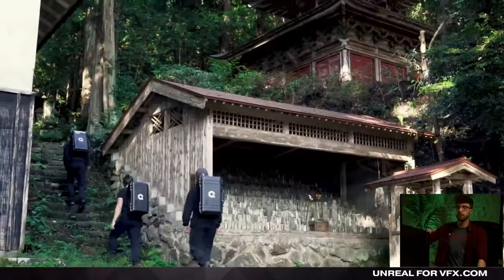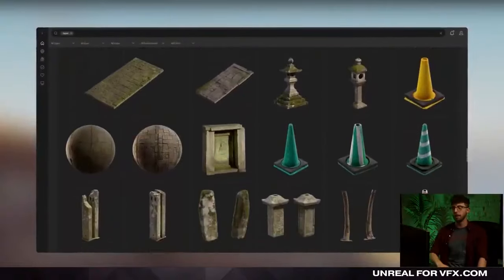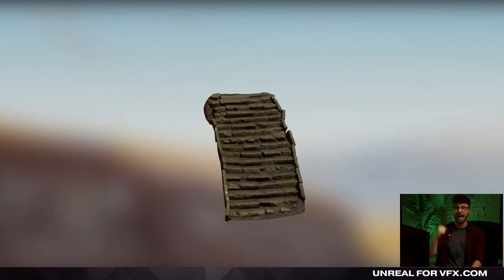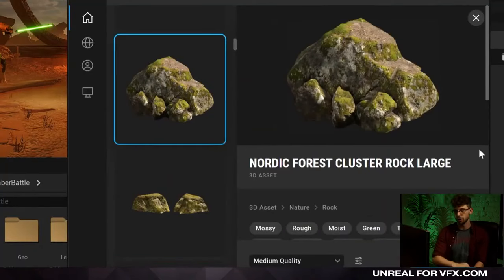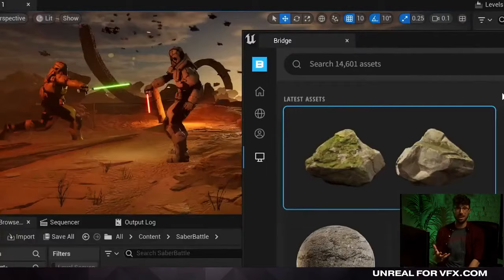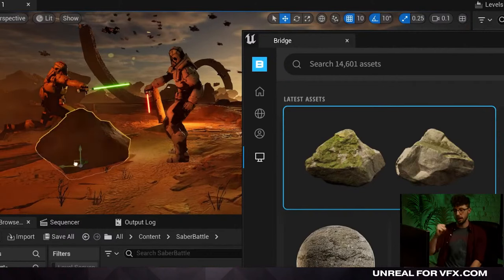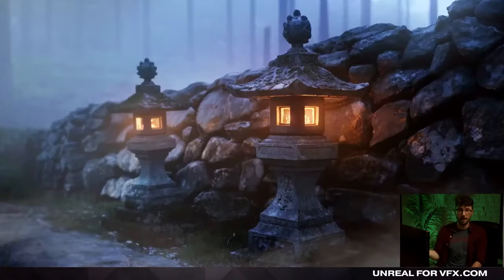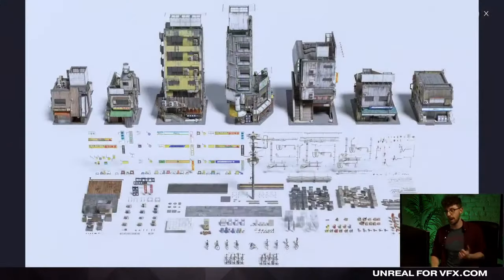So those of you that have used Unreal, I'm sure you know about this, but for those beginners out there, there's over 40,000 free assets that you can click and drag into your scene directly that are photo scans from reality. And the Quixel team goes out into the world and collects these scans, and we can drag and drop them into our scenes and quickly make some impressive environments in no time.